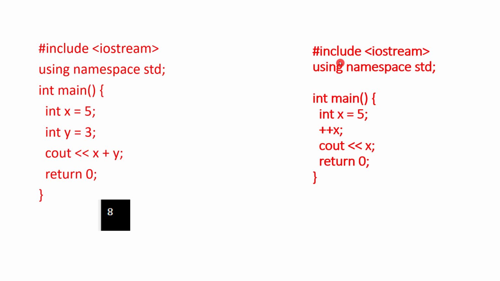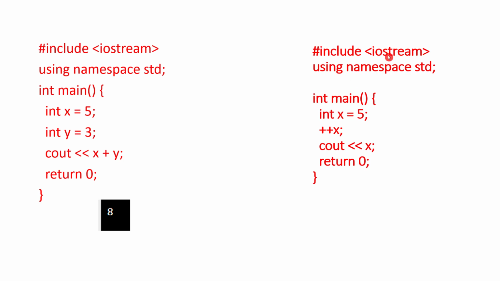Similarly, we have to know the increment operator. Same, hash include iostream, using namespace std, semicolon, int main, brackets. So these three lines are common. The only variation will come if you are not defining an integer. If you are putting a floating or decimal value, this should be float. Or if it is a string, then it will be a string, or even a character means char. So this will be the first variant in any program.